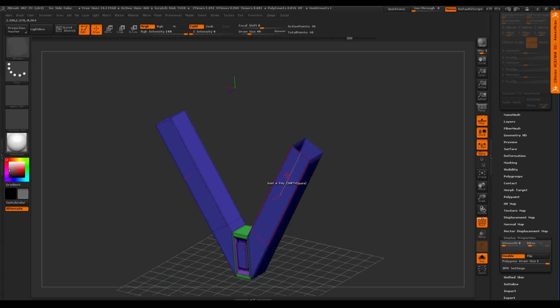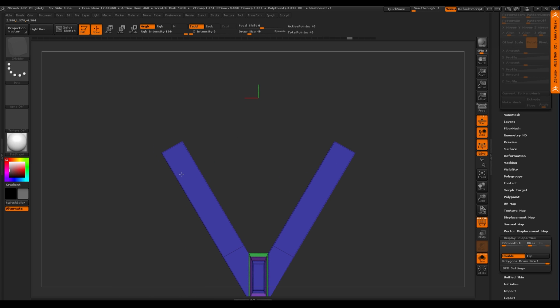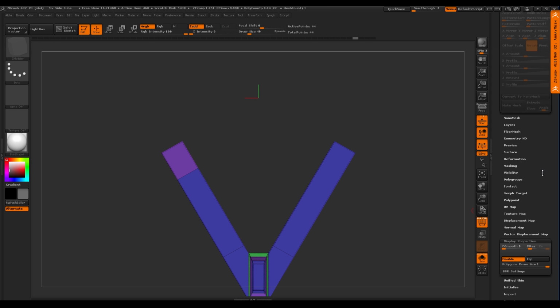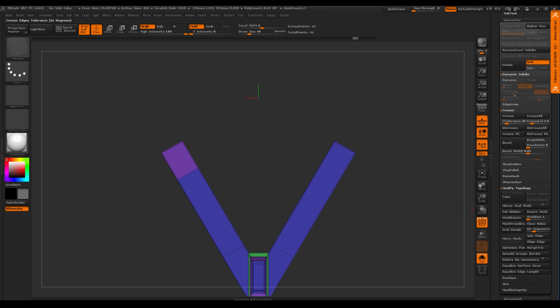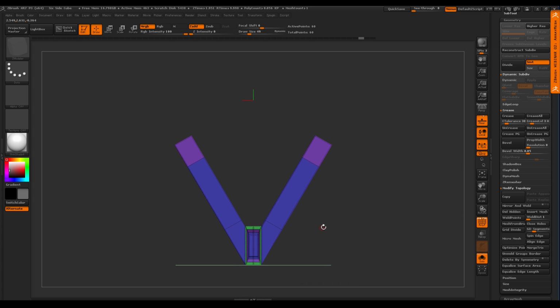So the point of this was, when I slice across here, I can now go into my tool, geometry again, and in the modify topology, there's a mirror and weld. And so I want to mirror and weld along the X. So when I click that, you can see I get both sides. There you go. And I know what's being mirrored and welded because of this line, right? If this slice was on this side and I do a mirror and weld, you can see that that disappears. Because what ZBrush is doing is actually deleting the negative X side, taking the positive X side, flipping it, mirroring it, and then welding it.